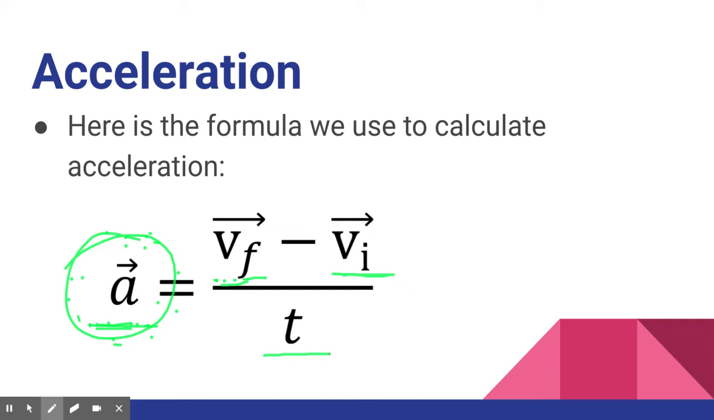So think of it in this way. Order of operations would tell you to do this: you're first going to subtract the initial velocity from the final velocity. Then you're going to divide by time, and you'll have your acceleration, which makes sense because what you're saying here